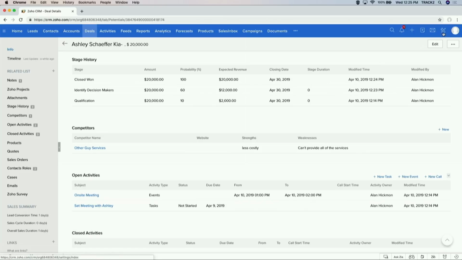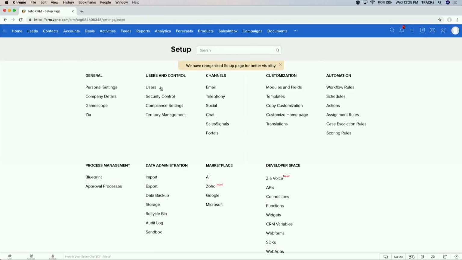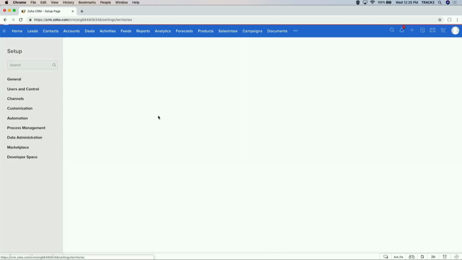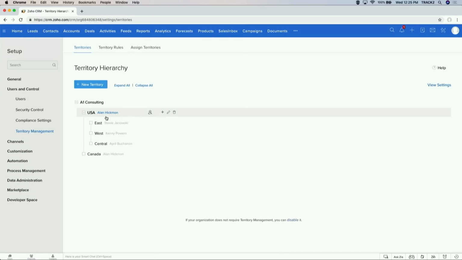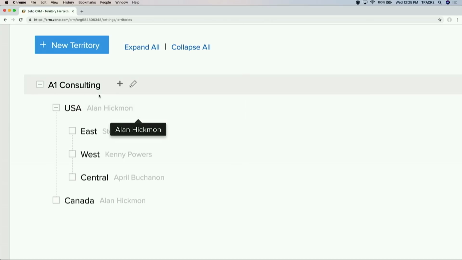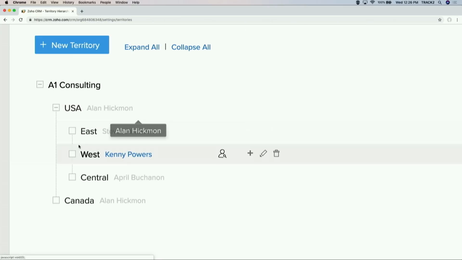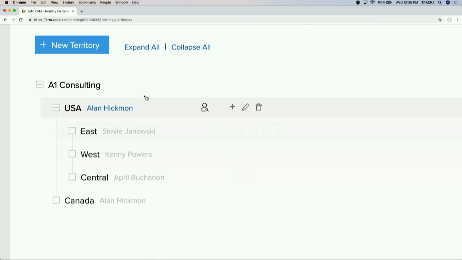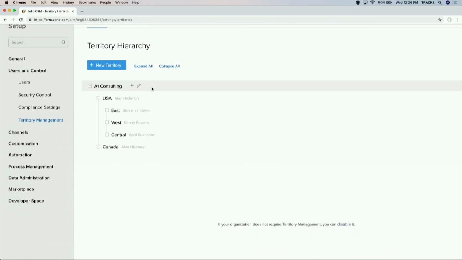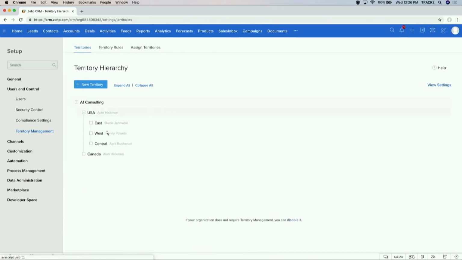If I go to Setup, under Users and Control, here's Territory Management. And you can see it's a hierarchy here. So I've got the company name at the top, and then it's got broken down below. We've got a USA division with a couple of territories. Now we're starting to expand to Canada. So if we wanted to add a new one here to Canada for maybe some of the provinces, we'll hit plus